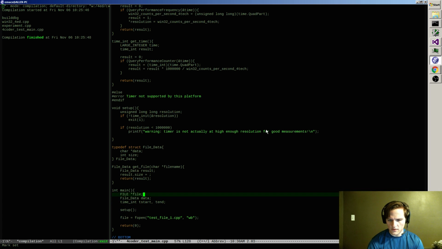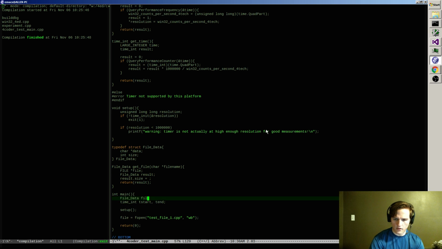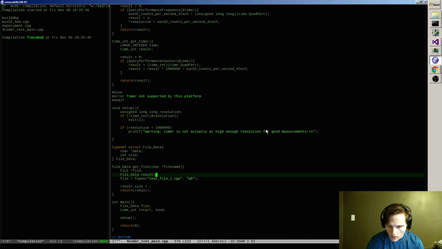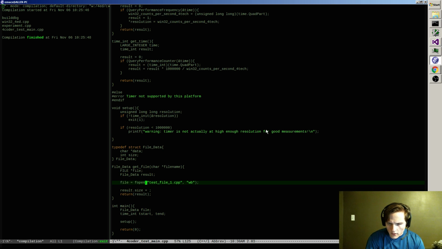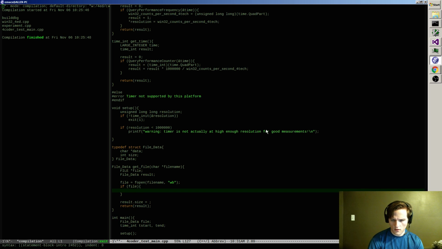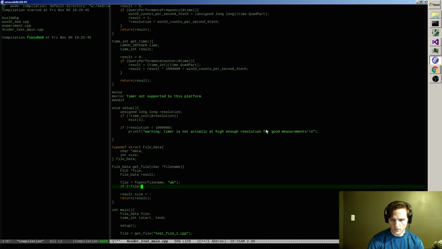Okay, so actually this does come out, which means I can rename this to file, which was kind of one of the reasons I wanted to do this in the first place anyway. So I get the file name right here. File. So that opens. If we got file, or if we did not get a file, I'll just